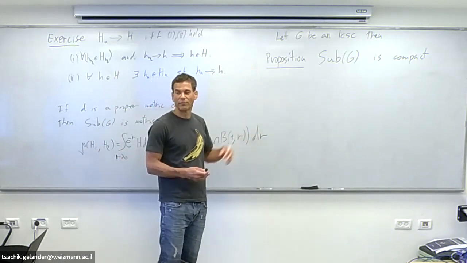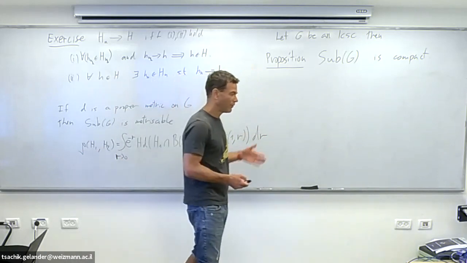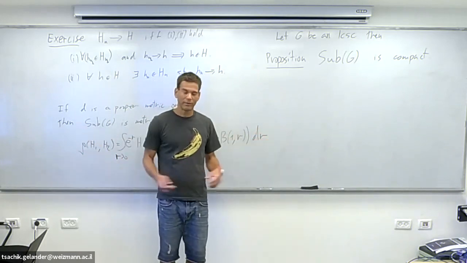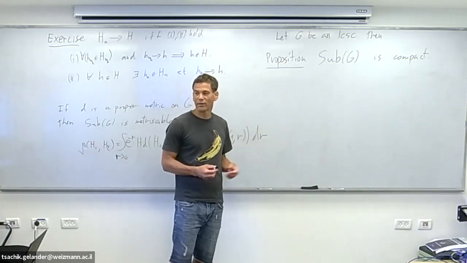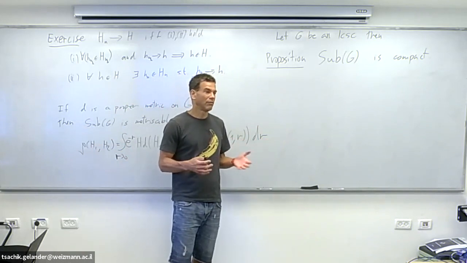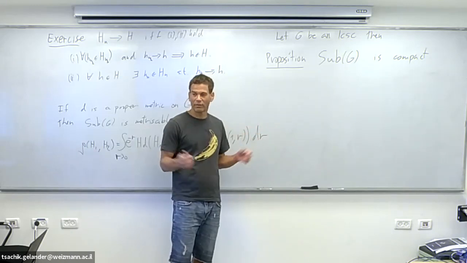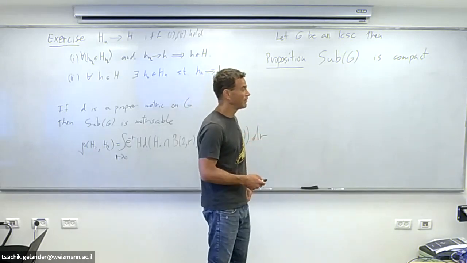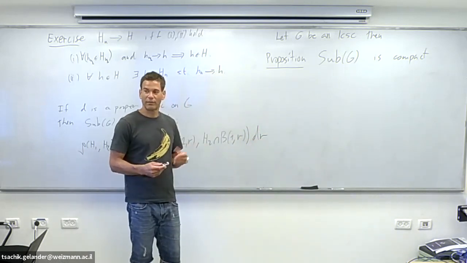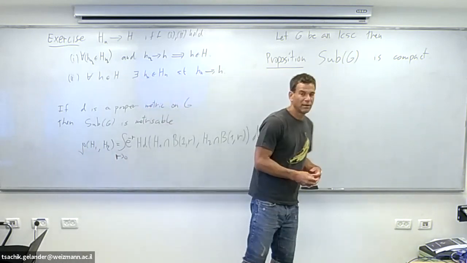For instance, what is the space of closed subgroups of R, the real line? In the real line, you have the trivial group, and you have the full group R, and all the other closed subgroups are just zero or a multiple of Z. So then you can see that topologically you get a closed interval. The space of closed subgroups of R is homeomorphic to a closed interval.